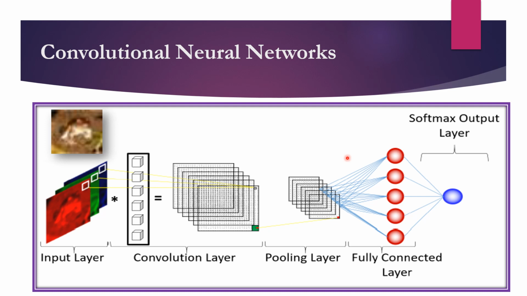Imagine you have a photograph of a handwritten digit and you want a computer to recognize that digit. So CNN works by applying a series of filters over that image, gradually extracting more and more complex features. The first filter detects simple features like edges and lines, while later filters detect more complex patterns such as shapes and digits. And the layers of a CNN can be divided into three main types: convolutional layer, pooling layer, and